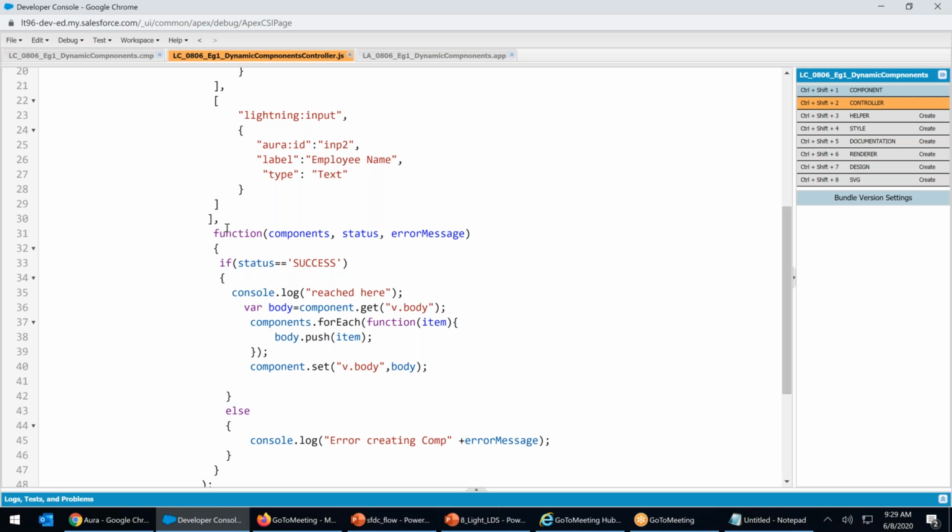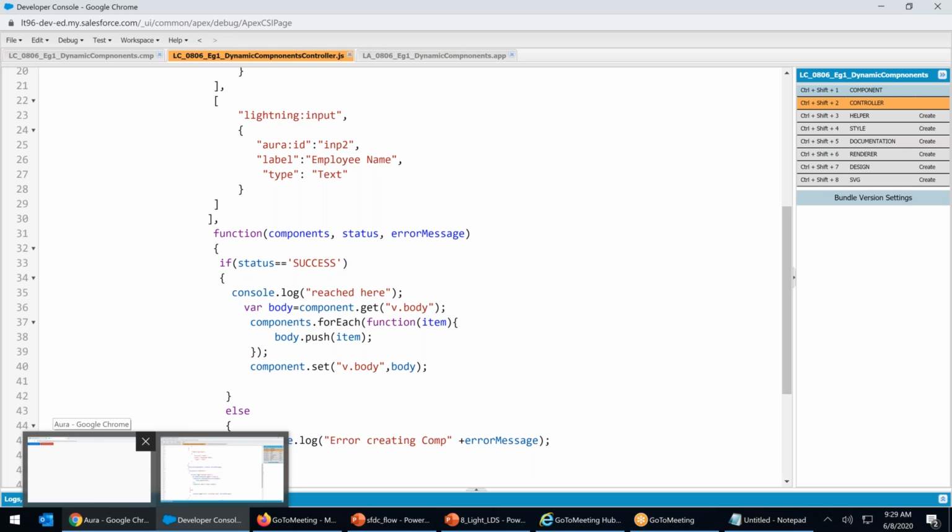And what will be the practical scenario where we'll be using dynamic components? The practical scenario would be that whenever you want to do some type of calculations. For example, in Flipkart, I'll give you a very practical example. You add the product. Once you add the product, then only you will get a button called view cart.